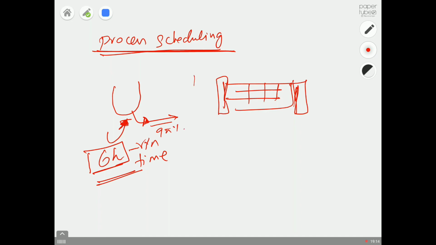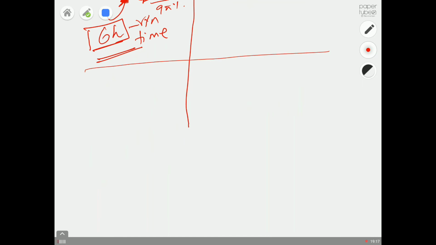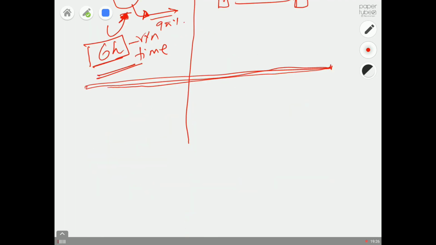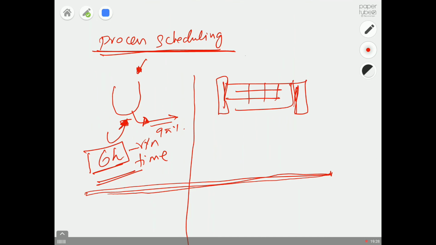So what is this process scheduling all about? It's a very big term. I'll try to put it simply, only relevant to this particular example. Imagine you are working in an industry, you have one unit operating in a batch mode and another operating in a batch mode. So what we are going to do now is start